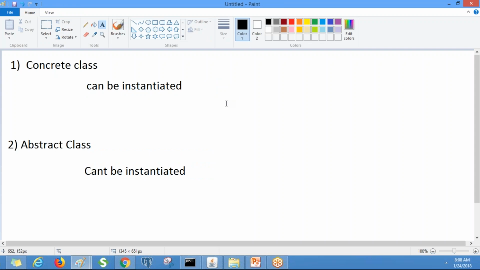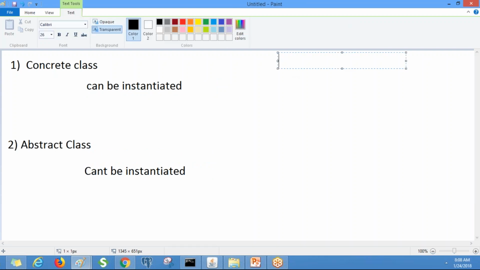That means, suppose let's take a leave request application. When you apply for a leave, an ID will be generated. That is called the work object ID, the instance of that application. So you can generate instances from concrete classes but not abstract classes. That means it will have some persistence. If you have an instance, it will be stored in the database.